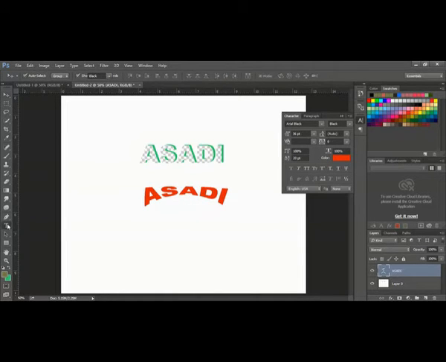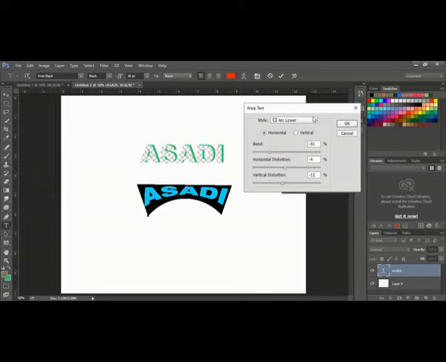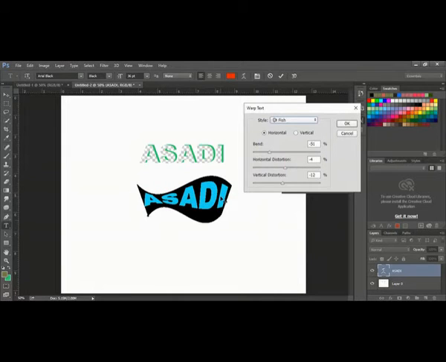Again, text, select the text. Select it here. Go to this option. There are many type of options available. Some fish type. See, it is like a fish now. Wave. Some wave type.